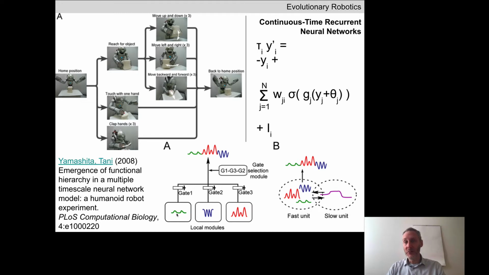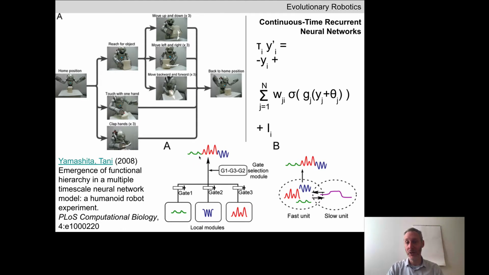We could then evolve the parameters of these CTRNNs so that when we tell the robot to, for example, lift the block up and down 3 times, let's assume that's the green here. When we evolve the robot to pick the object up and down 3 times, we're evolving these weights, and if these neurons are allowed to control the motor neurons, the robot will indeed lift the object up and down 3 times. So you can see that this module has a gate, which means we could sort of turn or allow this set of neurons to control the motor neurons, and we could evolve these parameters to produce up and down